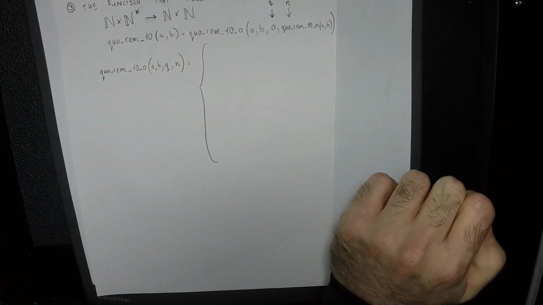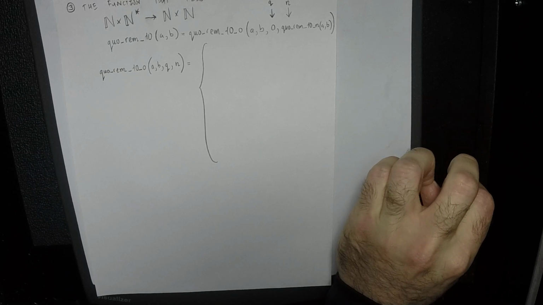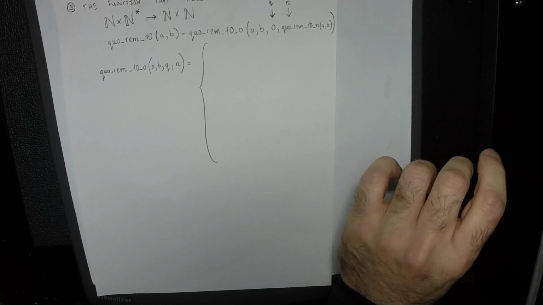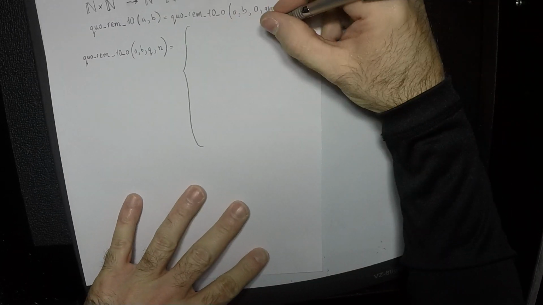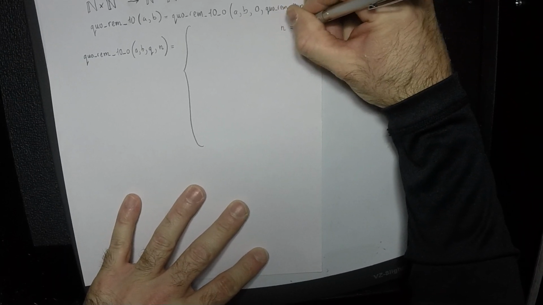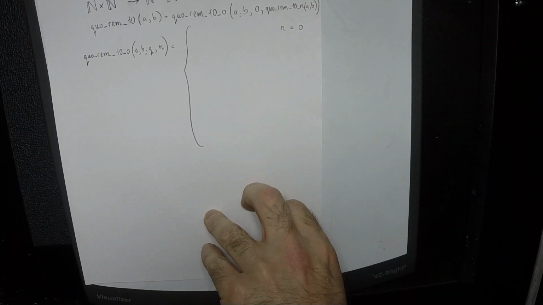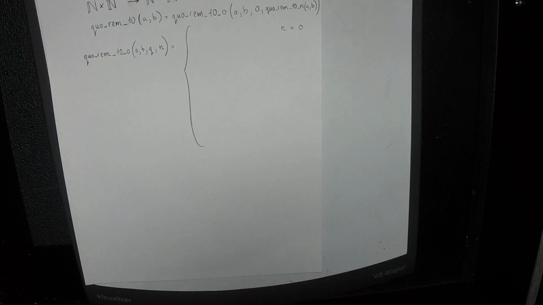And then if a is 0, the whole thing is 0. You've got to do something like that. So let's check. What if n is 0? That's possible. That would mean this is the last step. We're not going to do anything else after this. Okay. If n is 0, then